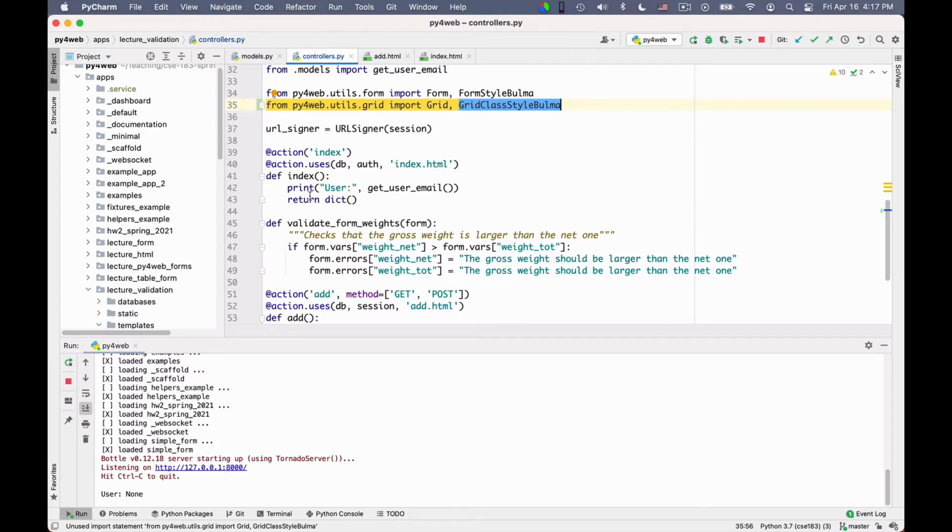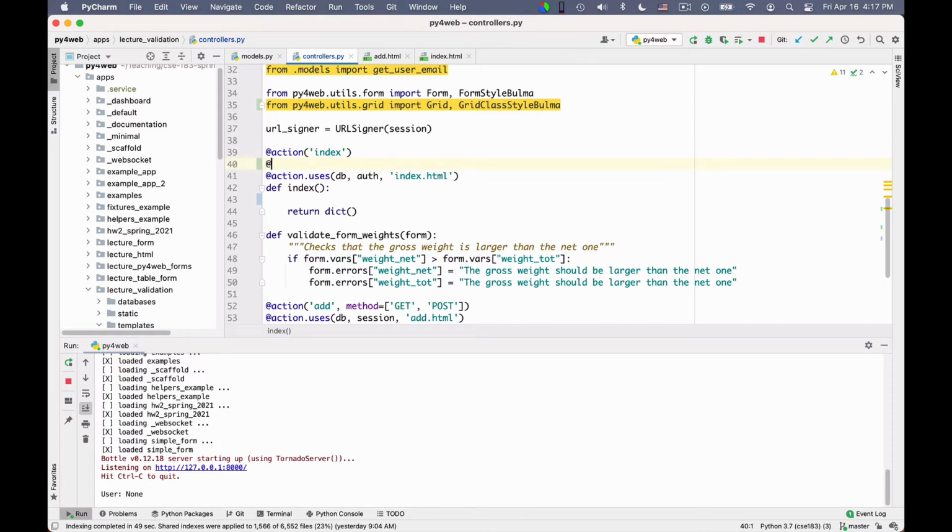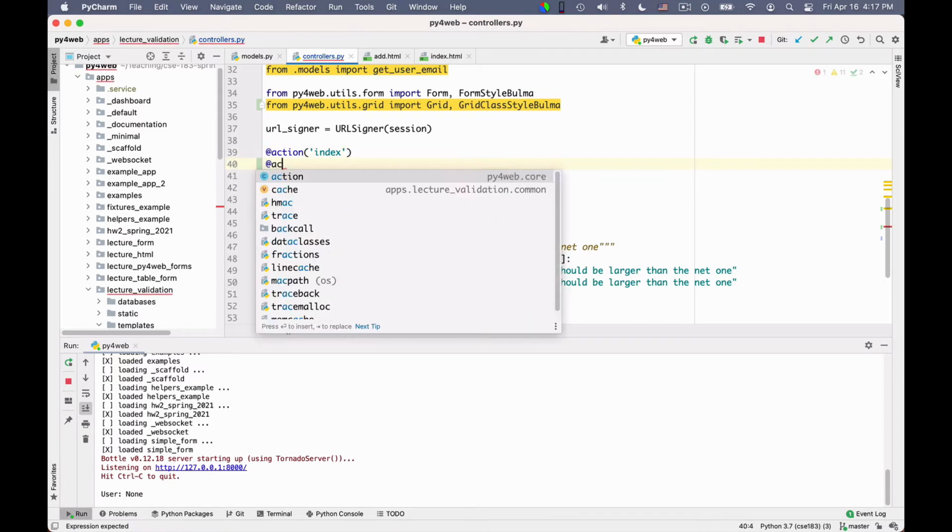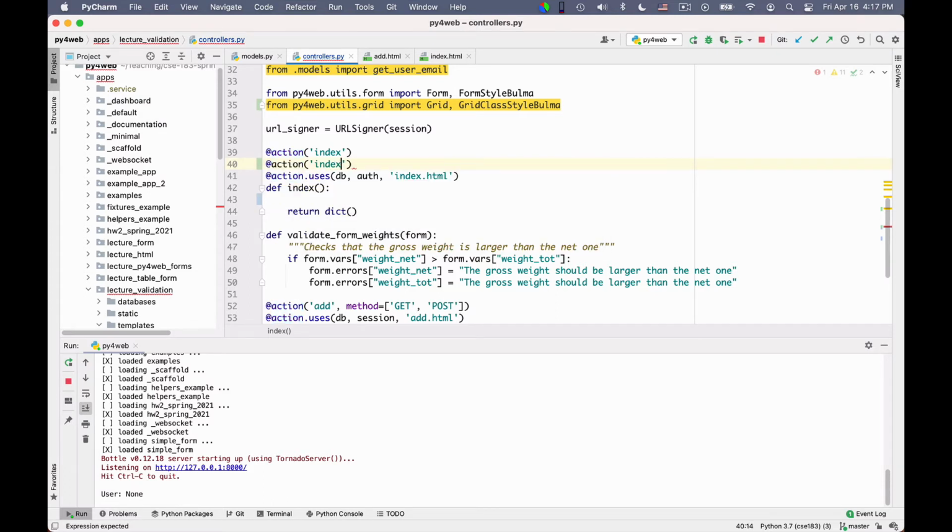And here in my index, I'm now gonna put some more interesting content, and I want to do it like this. So the index, I also want to respond to another URL, not only index, but also action index with a path, okay?